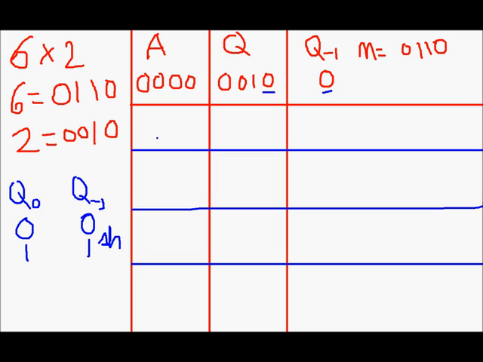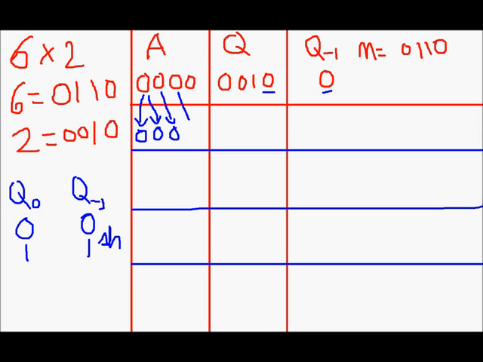The shift that we perform is the arithmetic right shift. In that we get the first bit of A as it is, we get it down. In the second position we again get the first bit of A, and for the remaining positions we start from the second bit of A. So this will come down,